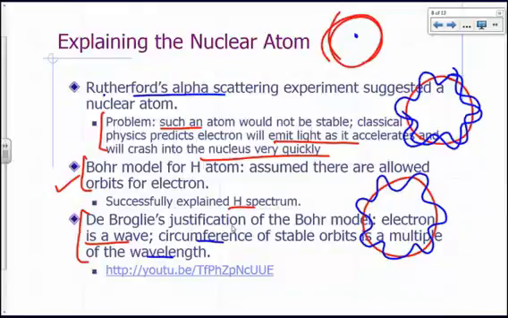As you've seen, one of the consequences of the wave nature of the electron is the uncertainty principle. You cannot precisely determine both position and momentum of the electron simultaneously. So, in other words, this classical prediction of how the electron would crash into the nucleus is simply wrong. It's not acceptable. That's not the way nature is. So it's the classical theory that failed to explain that. So we have to come up with a new theory to be able to explain